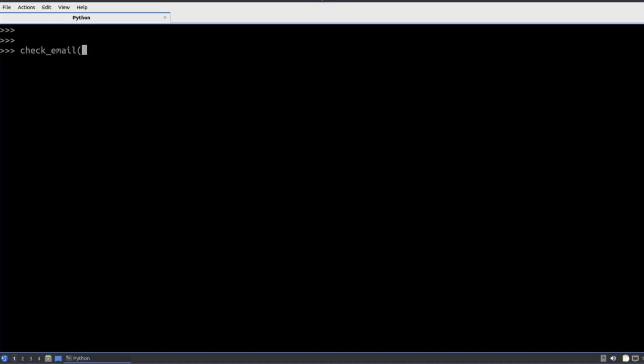And I don't have to go through the prompting to get another email address. I can actually just do a check_email, and then put Fred@mail.com. Again, here we're quoting it just so it knows that it is, in fact, now a string and not an identifier. And again, that comes up okay. If we put a dash in the middle, so there is no @, then again, it comes back not a valid email. So we can see how we can just run the function, and it runs all of the code associated with the function.